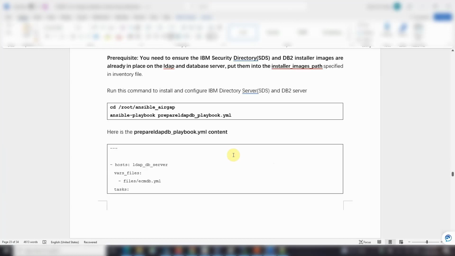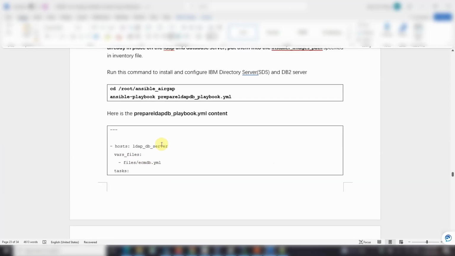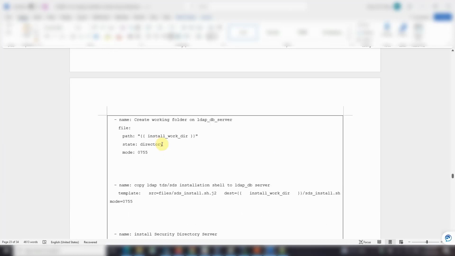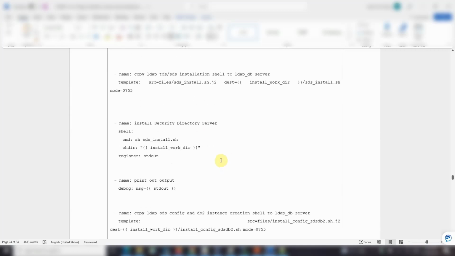First, we can see we are located in the LDAP DB server, and then we will use the variable YAML file, ECM DB YAML. Then we will first create the working directory in the LDAP DB server, and also copy the shell to the LDAP server. This is the SDS install shell. Then we'll be executing